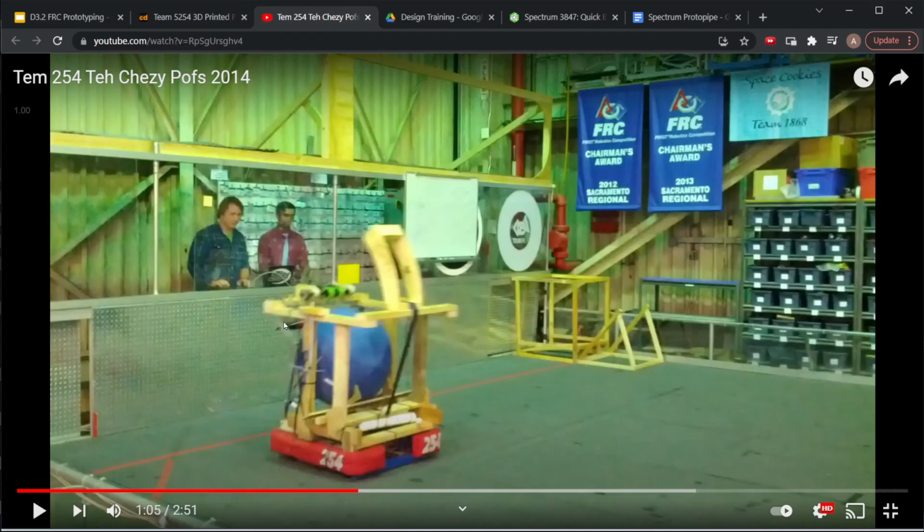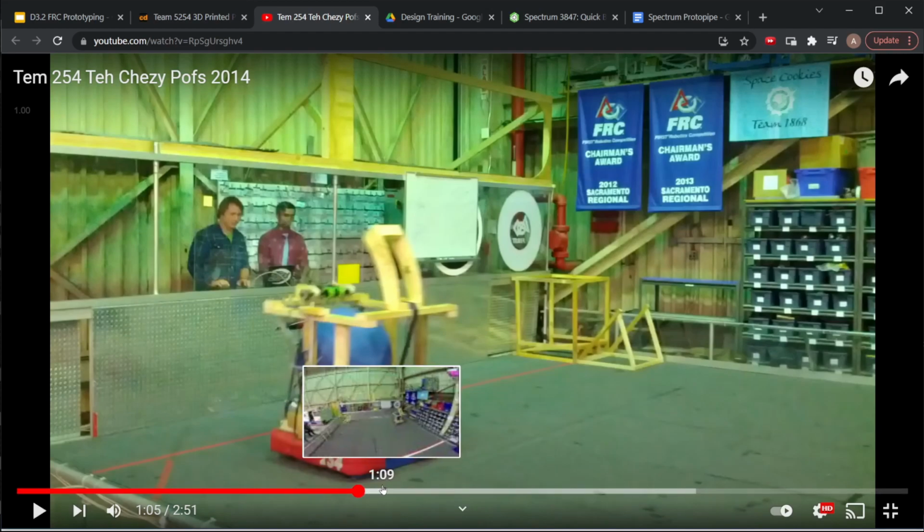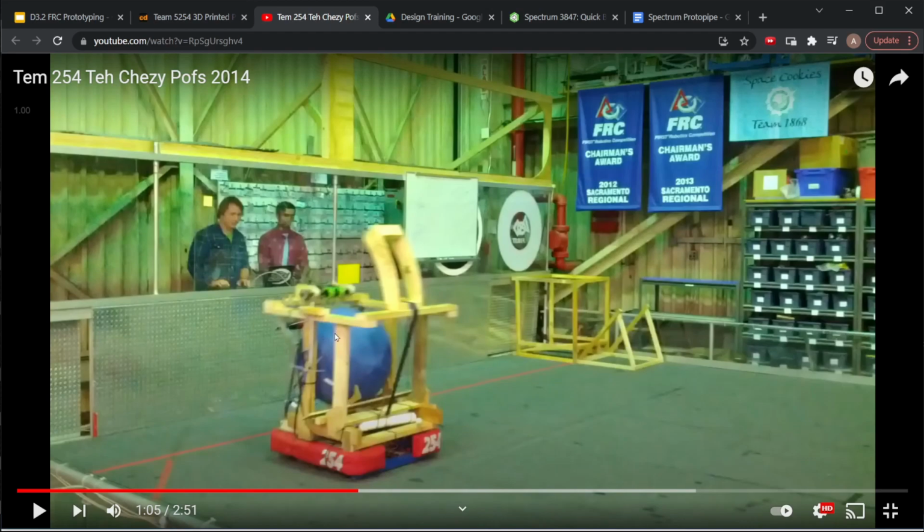They have a closer to a real intake, with a lot more of the real FRC parts. The ball feeder in this picture was definitely not what they put on their real robot. Same with the hood or anything else. But they got the idea across. It's able to score points, right? If you built a good version of this, which there was actually a